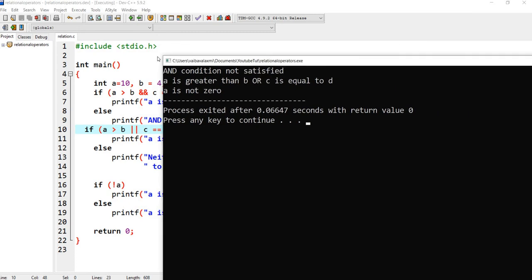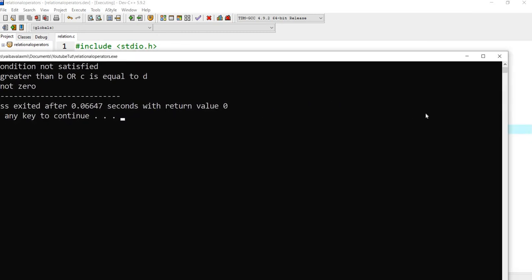This is about the different logical operators that we will use in C, C++, Java, Python as well as C#